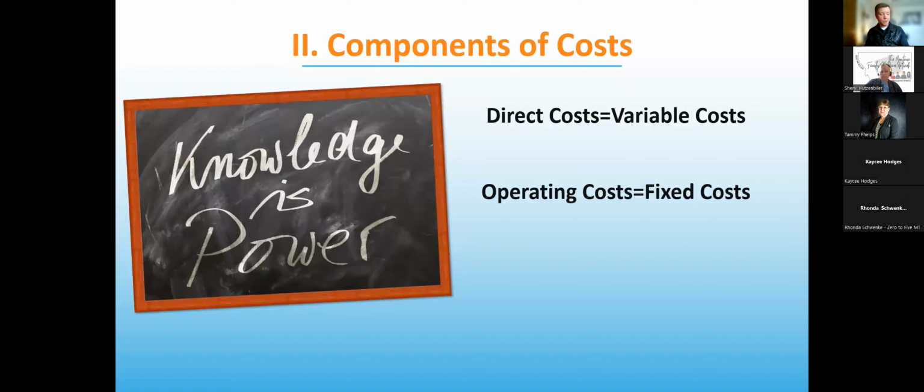Okay, let's move on to components of costs here. Some of you, this will be a refresher. Some of you, it's a quick reminder of definitions and terms here. Direct costs and variable costs are the same thing. What do those mean? Well, those are materials, food, direct labor, specifically linked to providing your service. So classroom materials, food for the kids, and the teachers in your classroom.